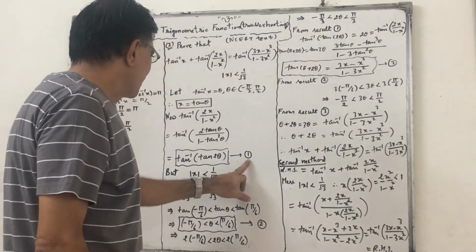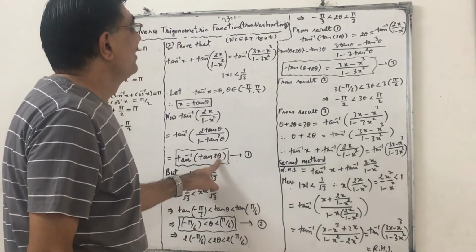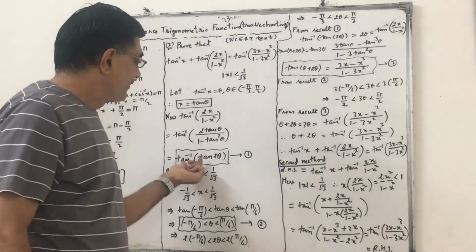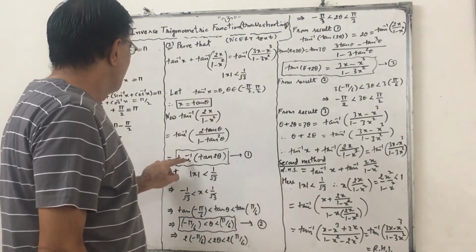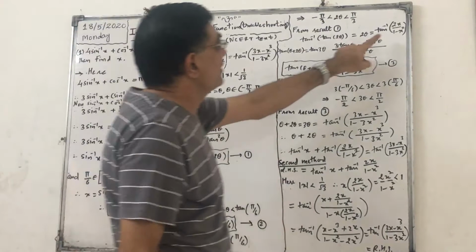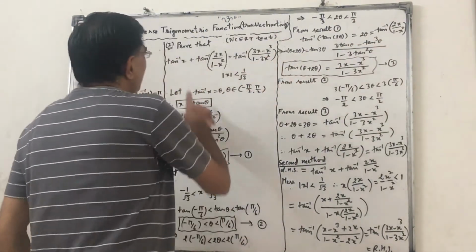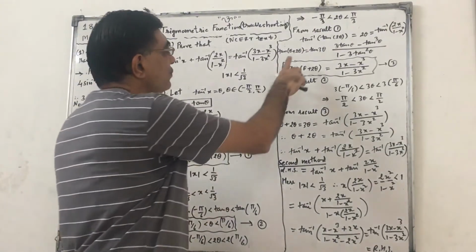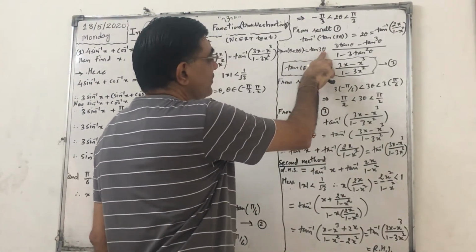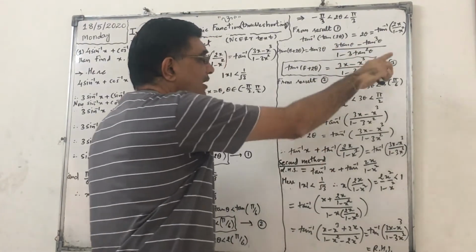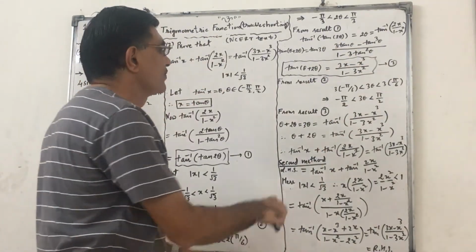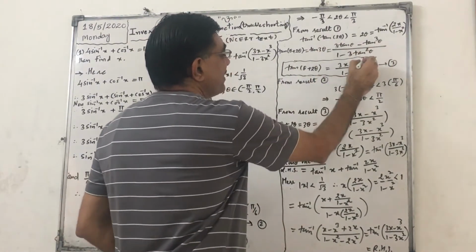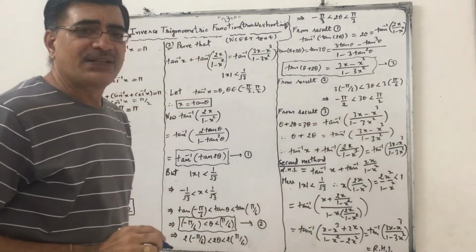Now from result 1, tan inverse of tan 2 theta equals 2 theta. This will give us the identity function, so it is 2 theta. But we know that this is the simplification of tan inverse of 2x upon 1 minus x square. Hence, this is theta, this is 2 theta. So let us take tan of theta plus 2 theta, that is tan of 3 theta. But we know that tan of 3 theta equals 3 tan theta minus tan cube theta upon 1 minus 3 tan square theta. Putting the values, tan of theta plus 2 theta is 3x minus x cube upon 1 minus 3x square.